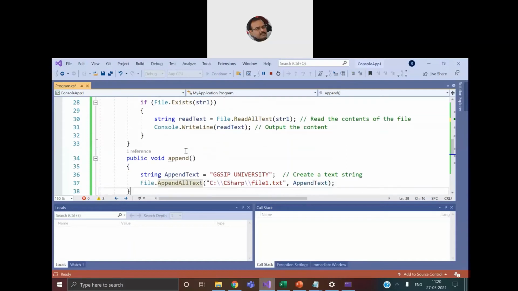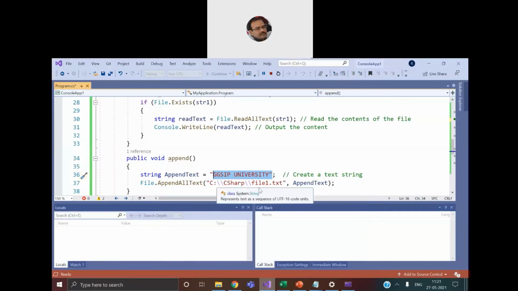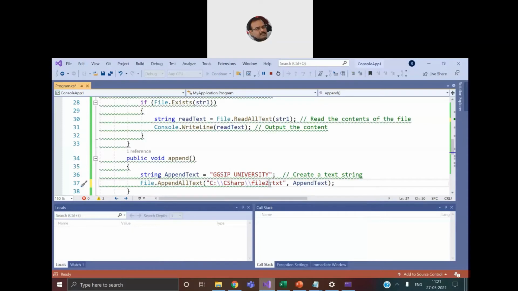So in the append function, what we do, we write the name of the university. So a string appendText, GGSIP University. And there's already a predefined function called AppendAllText. So File.AppendAllText, C# file1.txt, or we can write file2.txt, which we have just created.